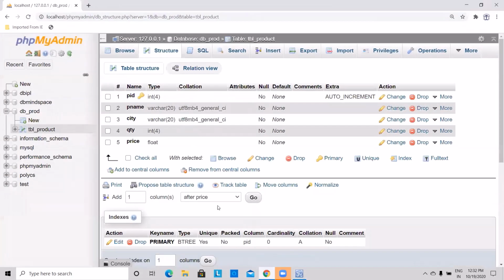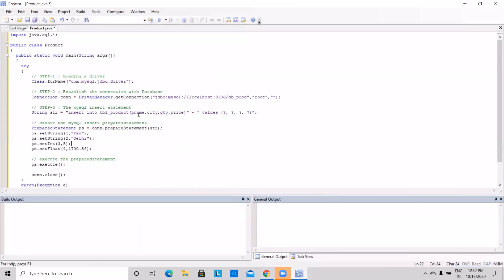We can see here these are our table name, column names: product name, city, quantity, price. Product ID I don't have to insert. It is auto incremented. It will be inserted automatically and incremented automatically also. So I need to specify 4 column names: product name, city, quantity, price.